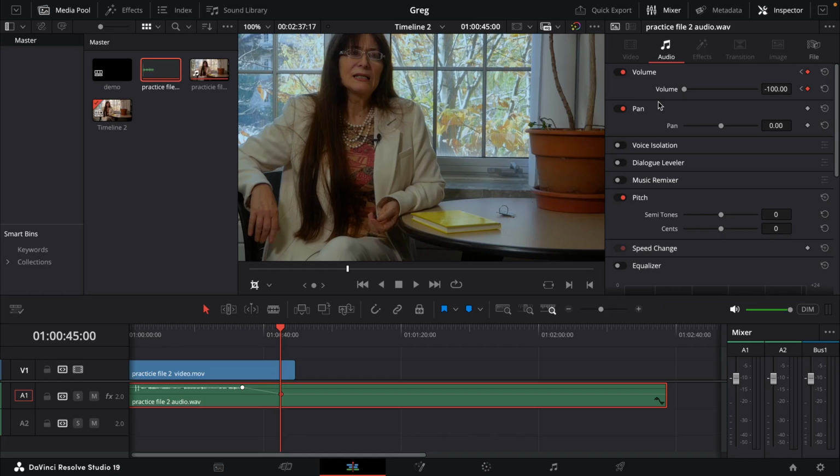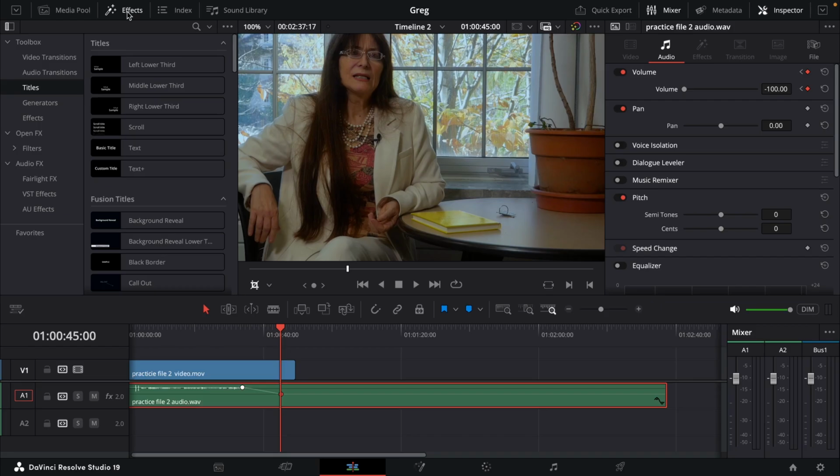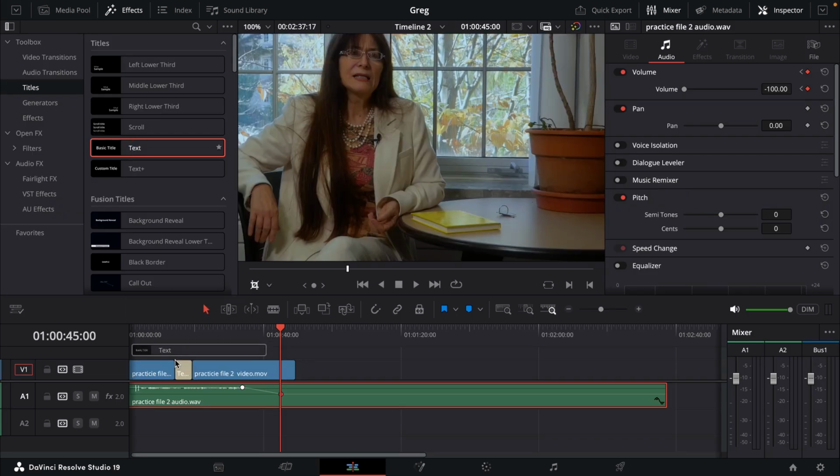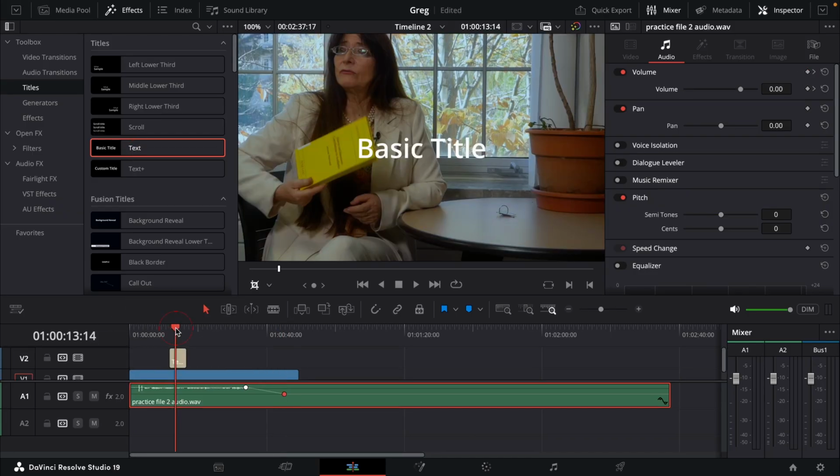Now we want to add a title. On the titles, make sure you have this icon clicked. Under the toolbox, select titles. We can just select a basic text, place it on top of the timeline, and